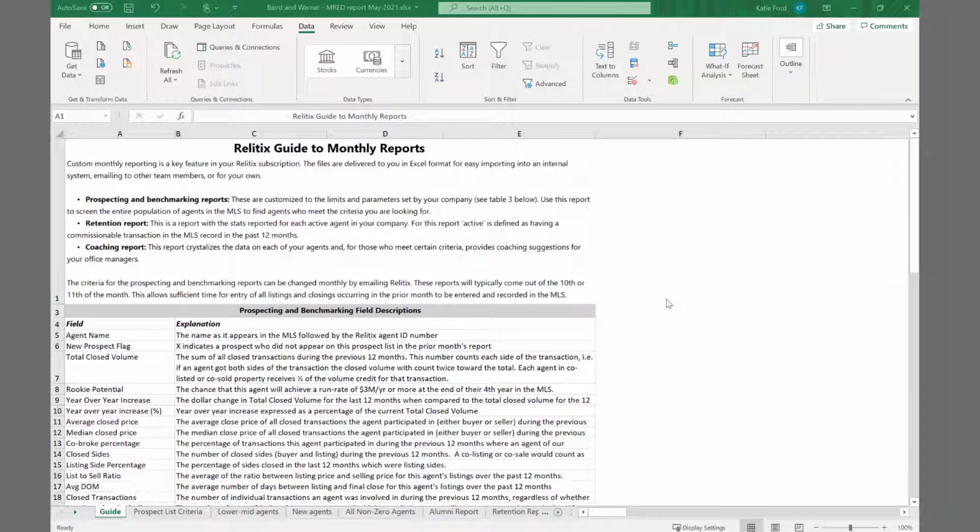Every single month, we send out these reports to your business on the 10th of every month. This is updated data that gives us that rolling or trailing 12 months. That means if this report was sent to you in June, it covers the months of May 2020 to May 2021. When you open up this report, you'll see a lot of tabs on the bottom,